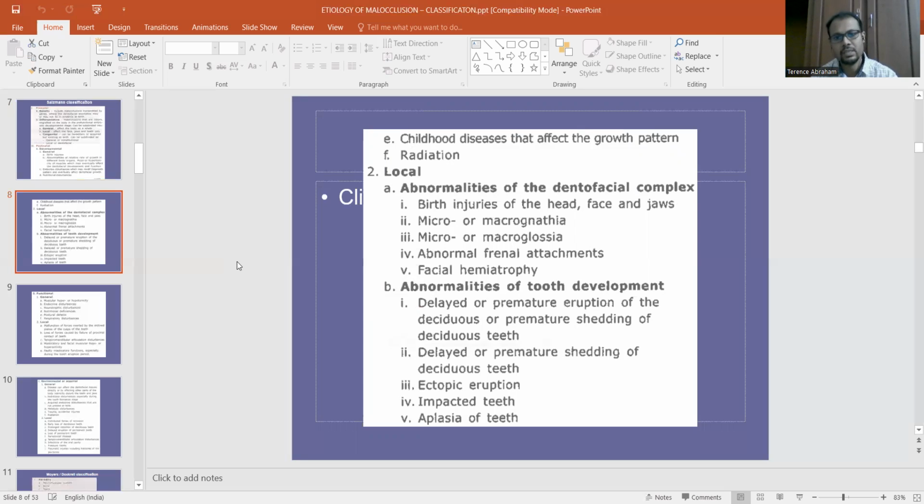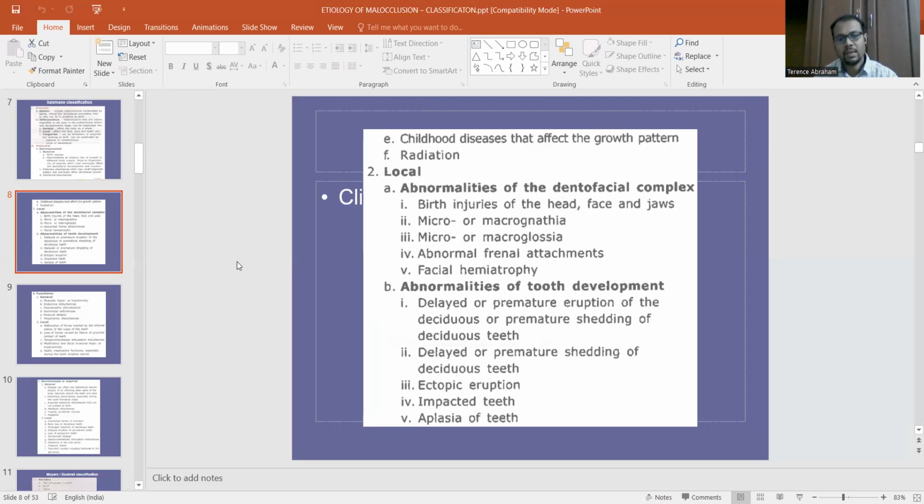Abnormalities of the dentofacial complex: that means birth injuries, as I told before, the forceps delivery, any other birth injuries, then macrognathia or micrognathia, which is an abnormality in the development of the jaw, abnormality in the development of the tongue, microglossia or macroglossia, abnormal frenal attachment. If there is any asymmetry in the face, such as facial hemiatrophy,